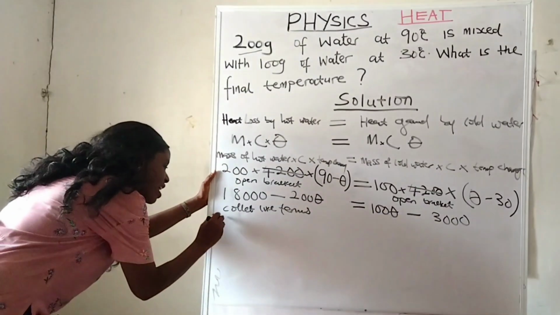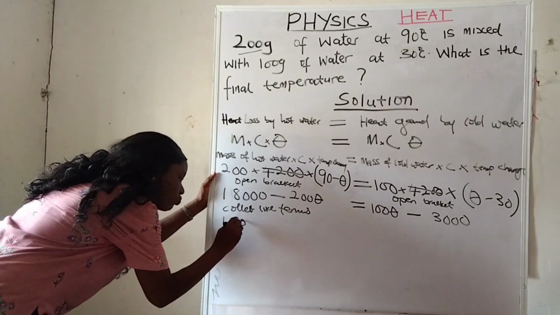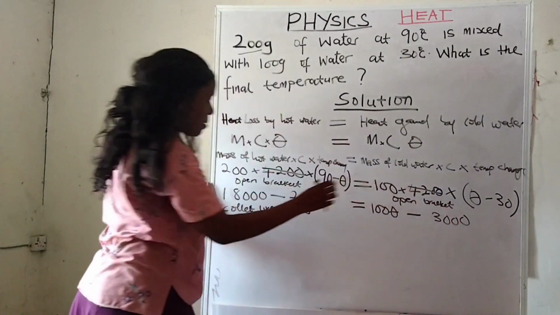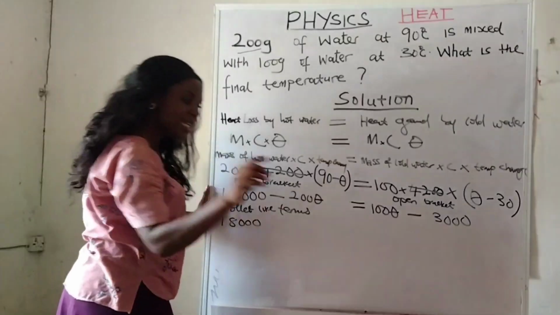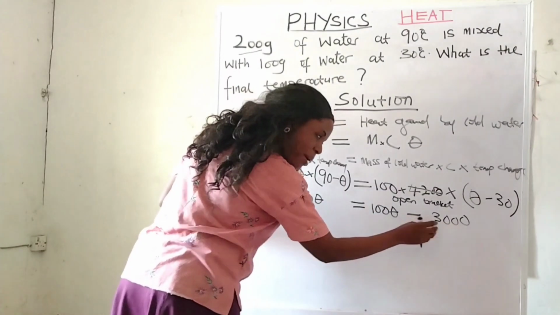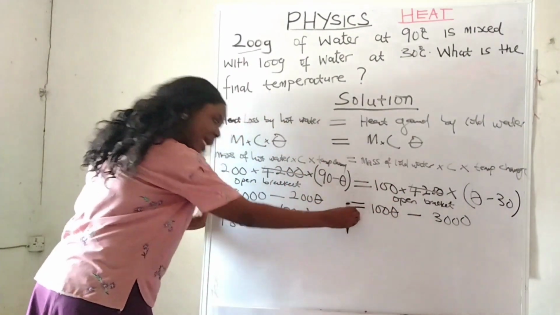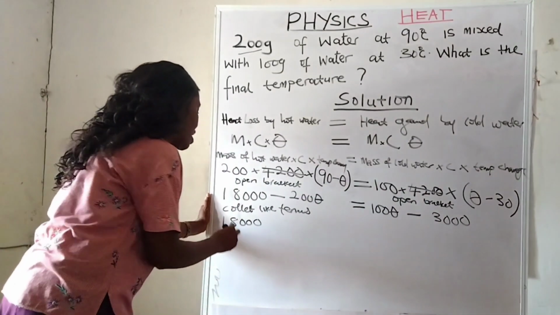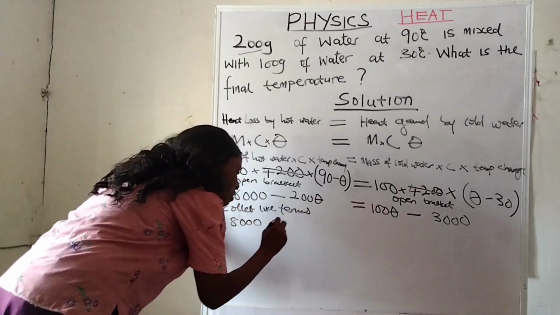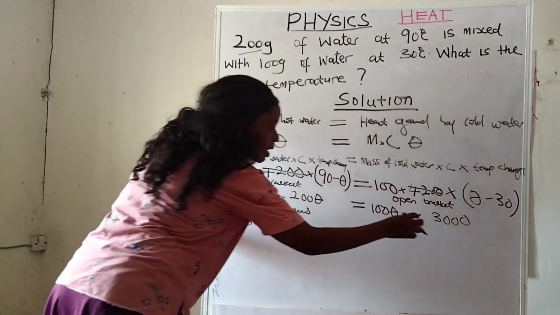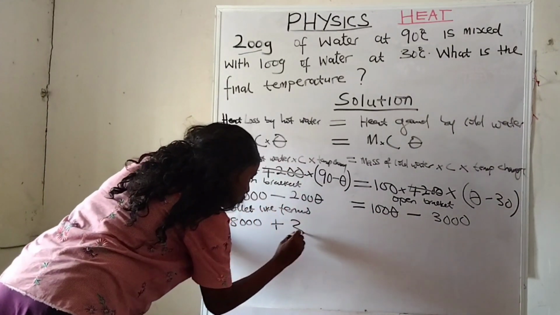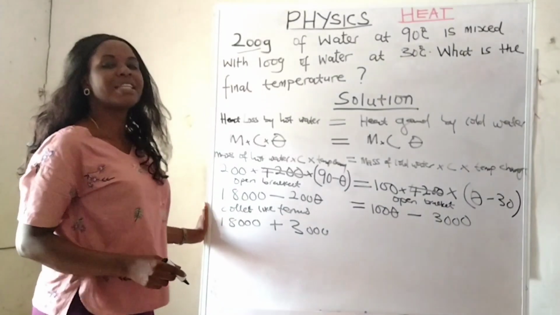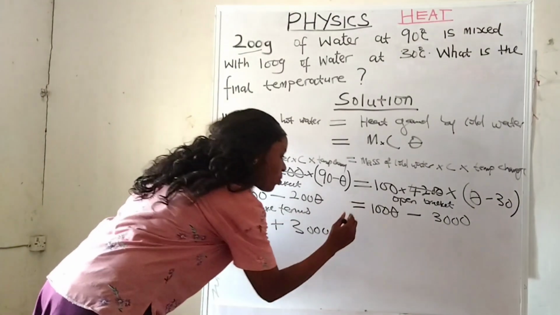I'll write 18,000. Carry this 3,000, come and meet 18,000. Here in this side, it is minus. But if it crosses this equality sign, comes to this side, it becomes plus. So it will be 18,000 plus 3,000. Hope you understand. Put this equals to